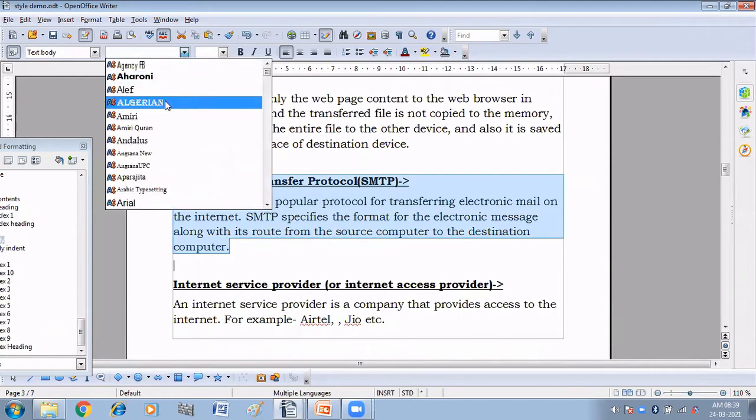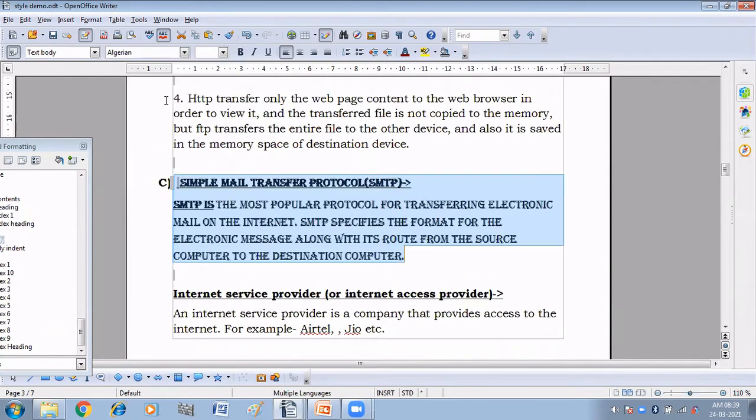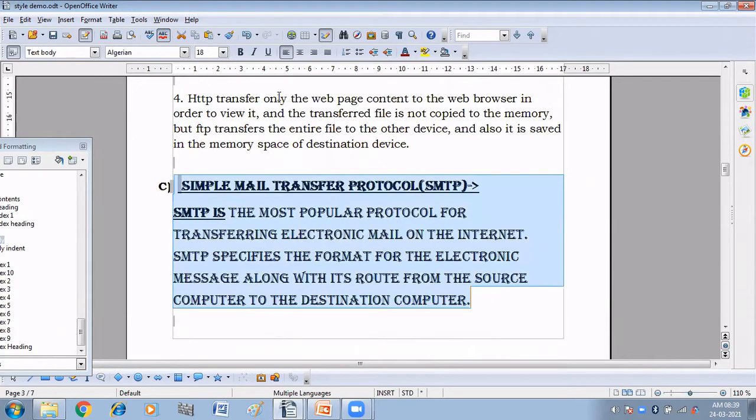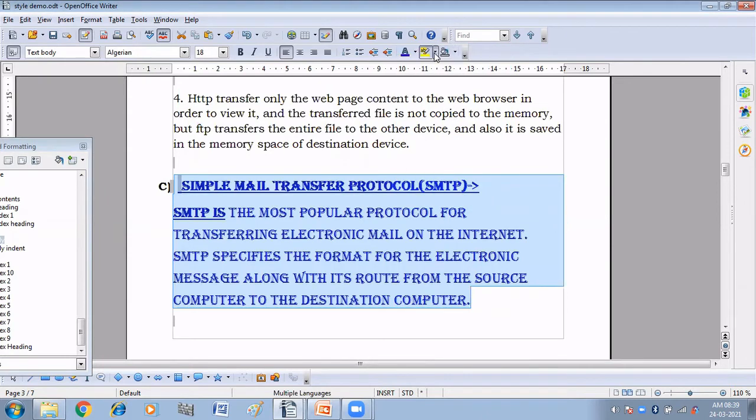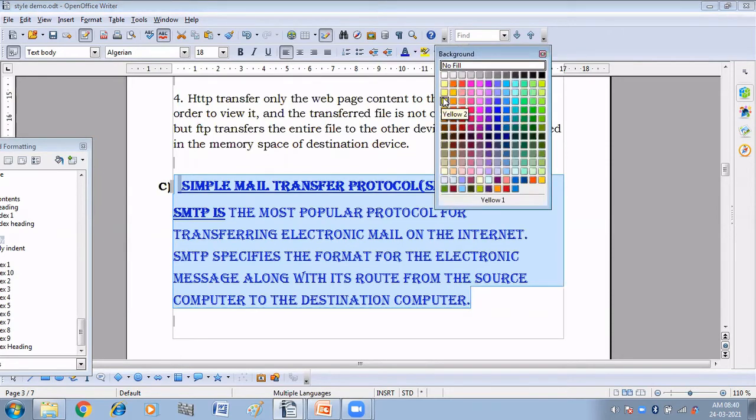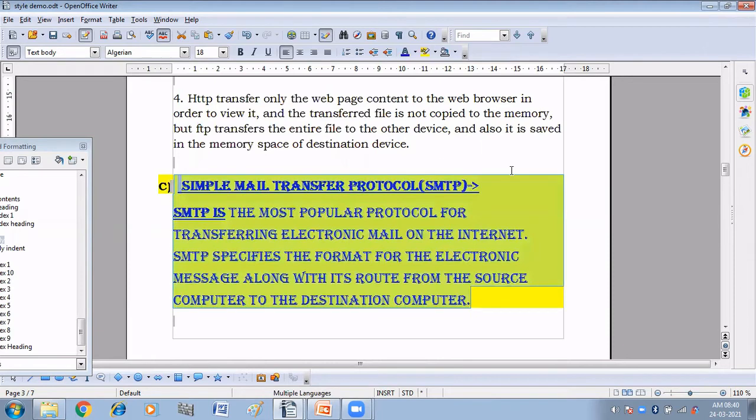Here I am making it Algerian, and then I'm increasing its font size to 18. And I am giving it the color blue. Background color yellow. So this is the style that I have created.